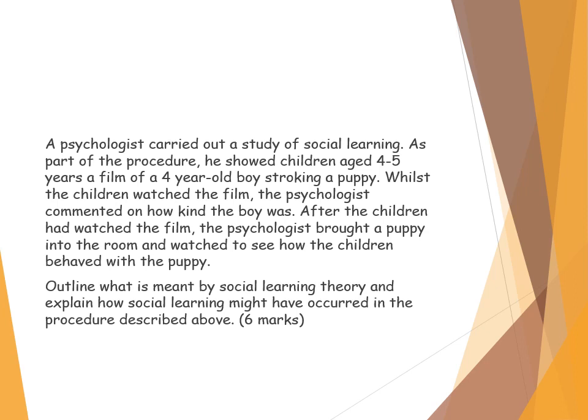Social learning theory is the idea that we learn behaviour through indirect reinforcement. We are more likely to repeat a behaviour if we have seen a role model be rewarded for that behaviour, vicarious reinforcement.